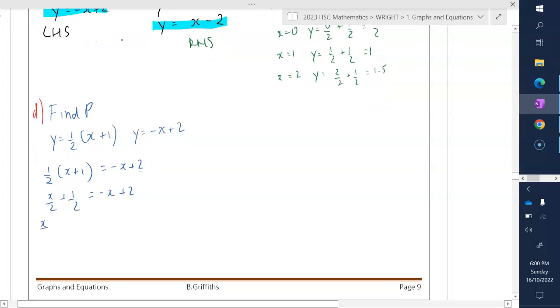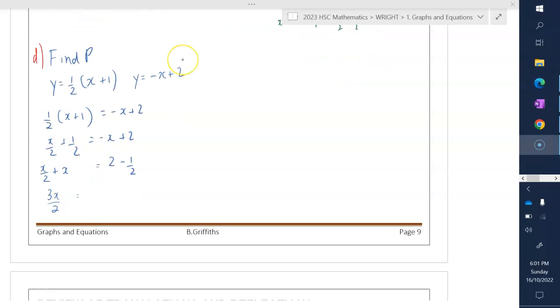So I'm going to get x on 2 plus x. I'm going to take away a half from both sides, so I get 2 minus a half. Again, if you need to stop the video and make sure that you're happy with this yourself, please do so. So left-hand side, now I've got x on 2 plus another x, so half x plus 1x gives me 1.5 x's, or 3x on 2. Right-hand side, 2 minus a half is 1.5, which I'm going to also write as 3 on 2,